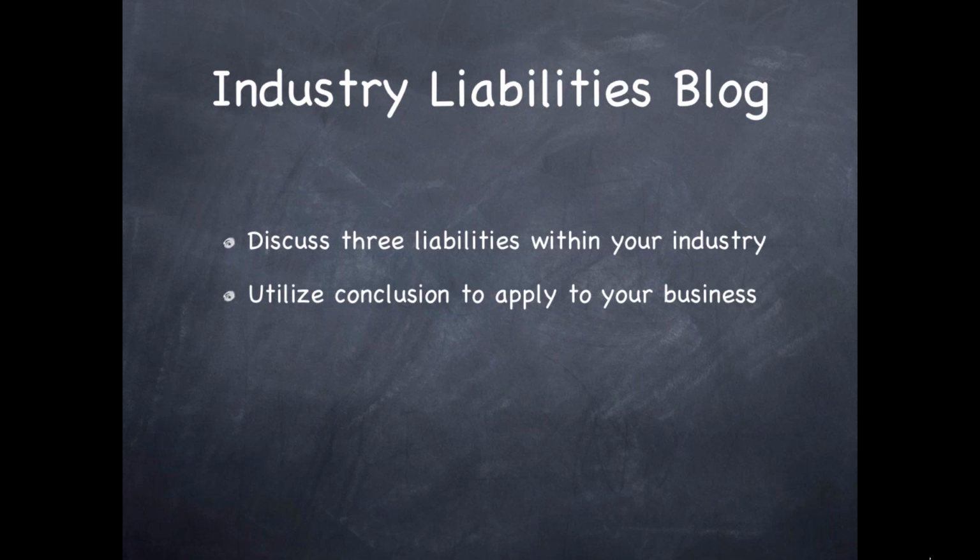So I might pull a case dealing with age discrimination, pull a case dealing with sexual harassment. The news organization Fox has settled a couple of harassment claims dealing with their TV. So maybe I would look at sexual harassment, age discrimination, and breach of contract. So I would pull one case for each, I would talk about each, and then I would explain, here are different ways that my business will avoid this through HR policies, et cetera. So you want to apply it to your business, but you can either look at one liability, 3 examples within your market, or you can look at 3 different liabilities with a case example for each.